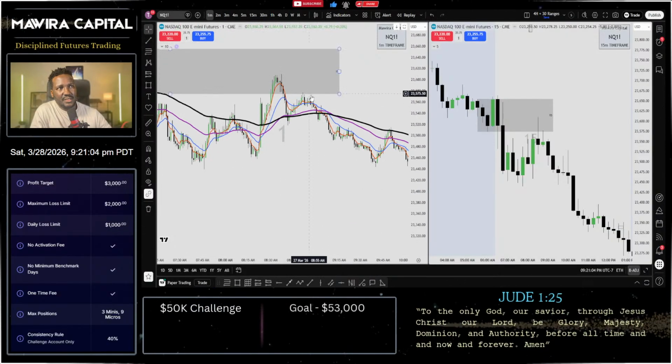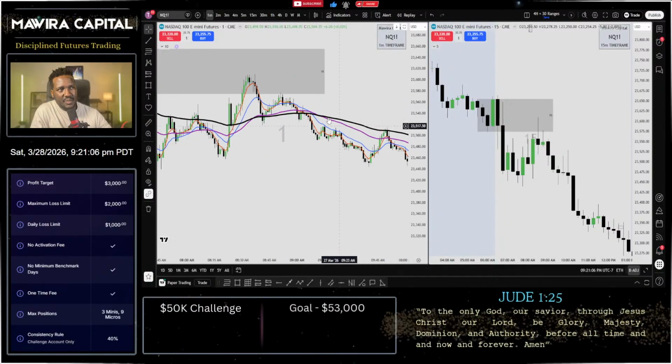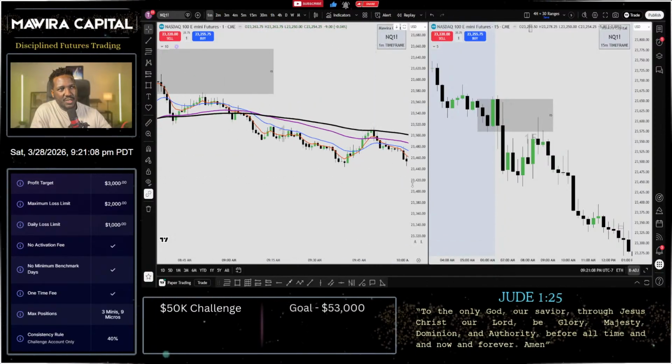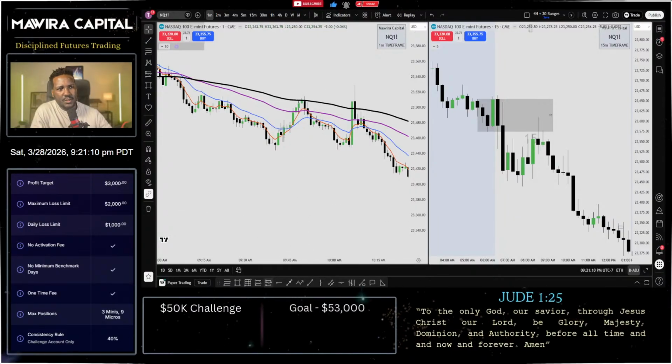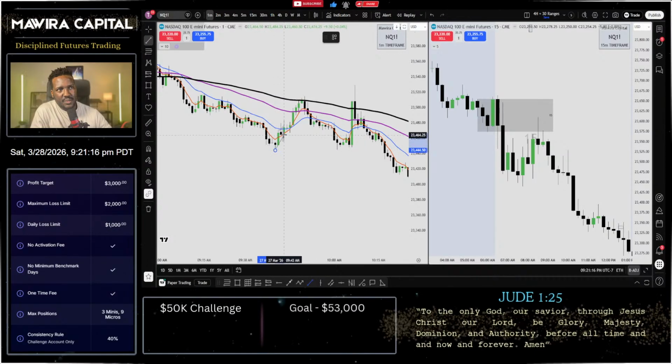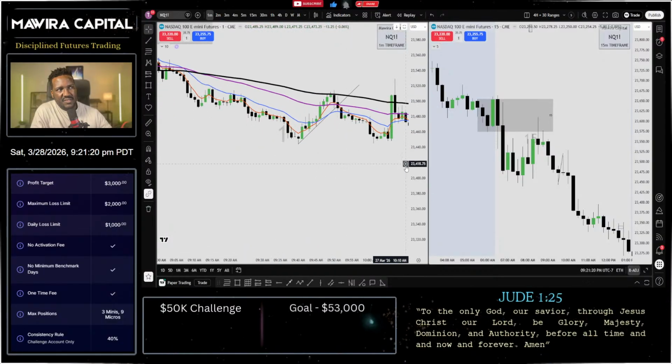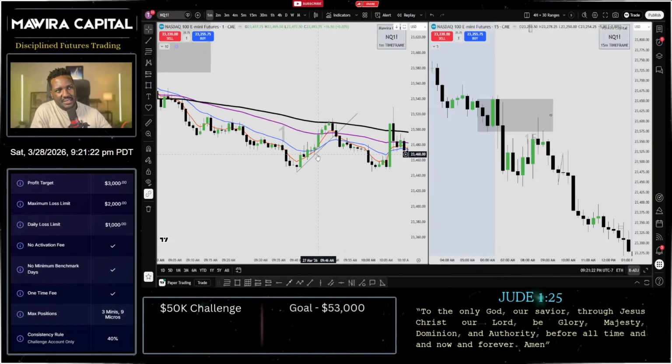So we did touch, I wait for my EMAs to line up. Once they're lined up, I'm looking for a retracement. So on this day, this would have been a loss because I would have waited. That's a swing low right there. That'll be the first touch point. That will be the second one. And if there's a deeper one, in this case, this will be the latest low that I'll use, not this one,